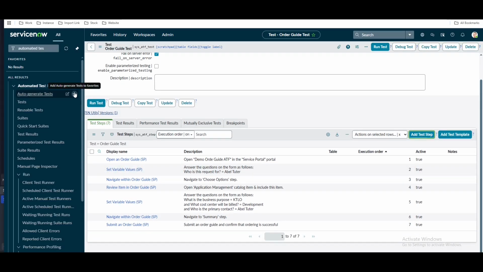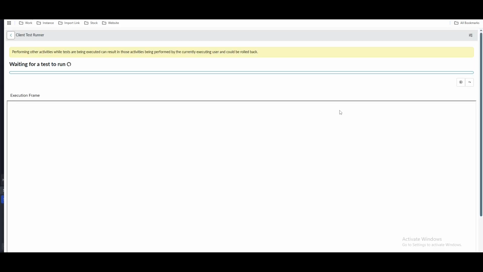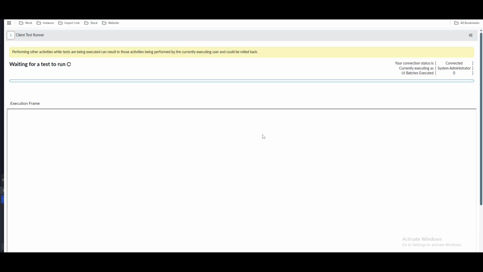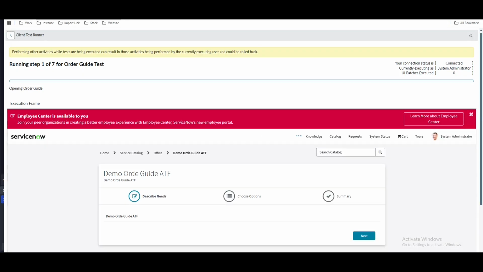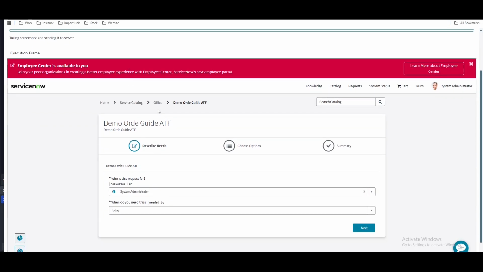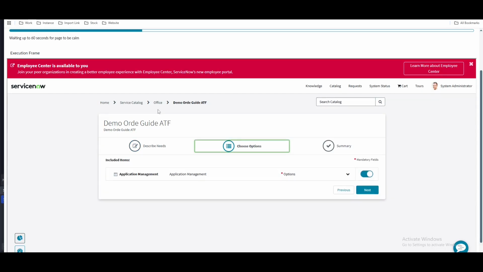So this way you can define all your steps. Then finally you can just click run test and then click runner. What will happen? You can see that our order guide will open in the portal. As you can see, it just opened that order guide and everything will happen automatically. Then it goes to this choose option. It will expand the choose options of this catalog item, fill this up, and then order this